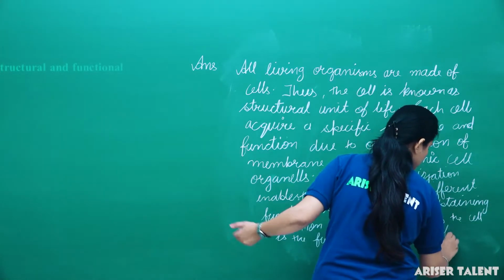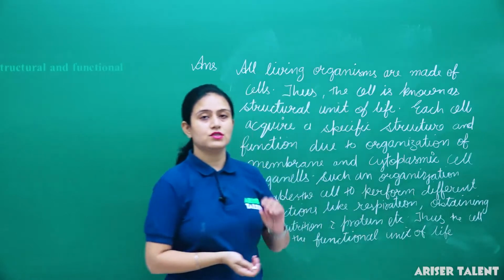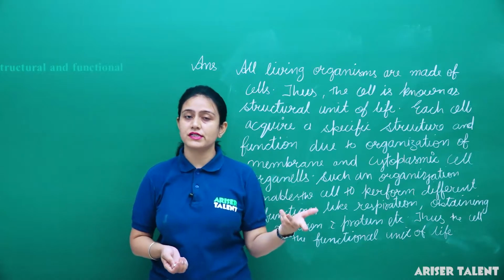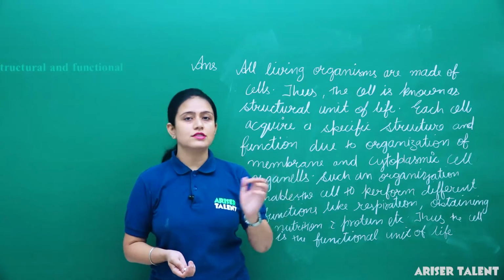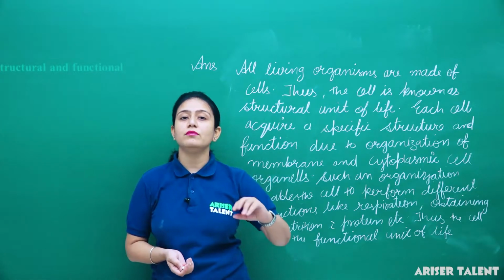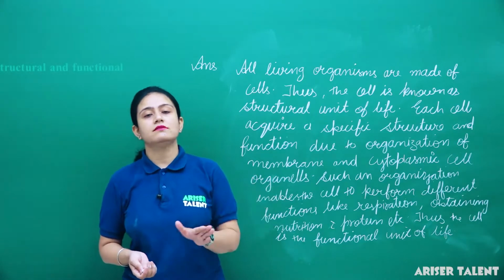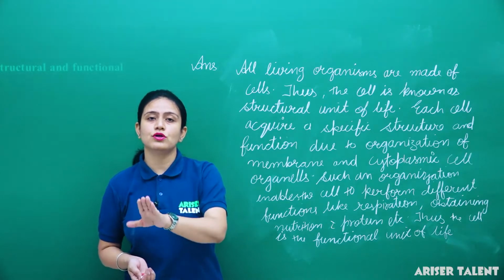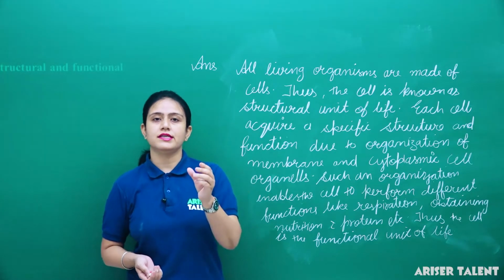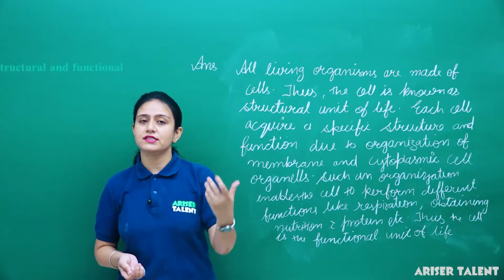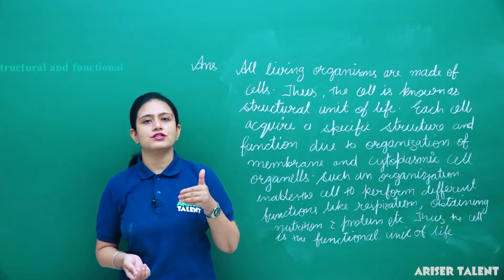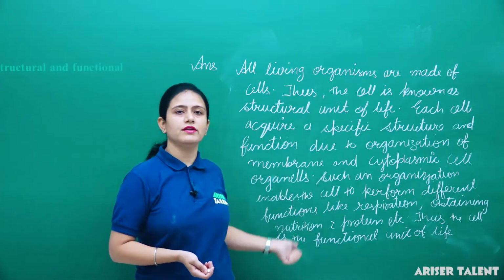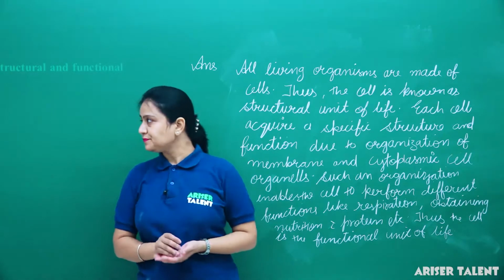Here life is mentioned, so we will write life. Okay, as a cell has a specific structure, it means all living organisms are made up of cells. Thus we can say that the cell is a structural unit of life, and each cell performs different specific functions, like it helps in respiration, obtaining nutrition, protein, and helps throw the waste out of the body. So we can say that the cell performs specific functions. Thus we can say that the cell is the basic functional unit of life. Clear? So here the answer is clear why it is called the structural and functional unit of life. Okay.